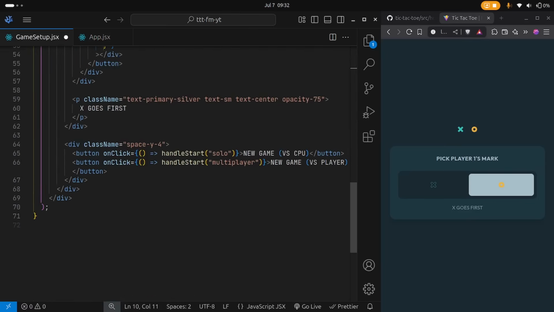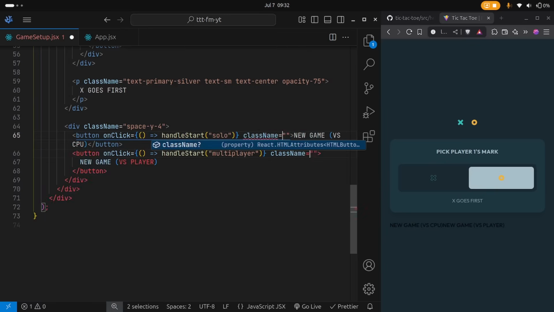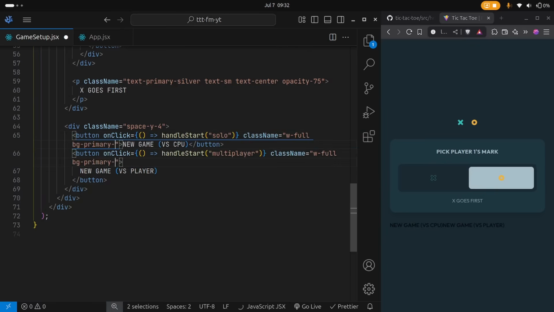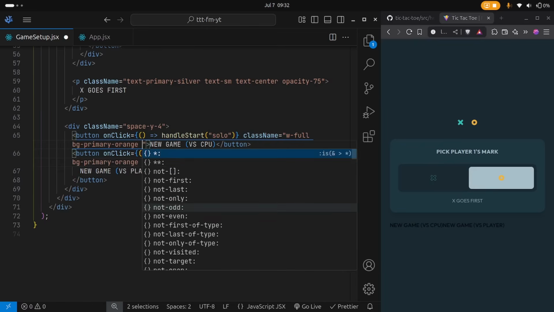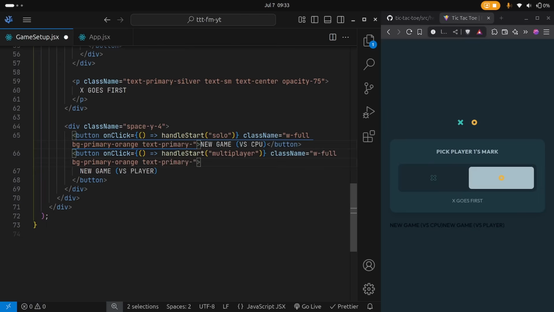So we have that. If we save that, you'll notice that we have our buttons right there, but they look ugly. So once again, right here and then right here, hold down the Alt key and then click so that you can add multiple cursors. We're going to give this a class name of w-full, bg-primary-orange. Now orange is on the top one, but on the bottom one it's going to be teal, so we're going to change it. And then text-primary-dark, then font-bold,